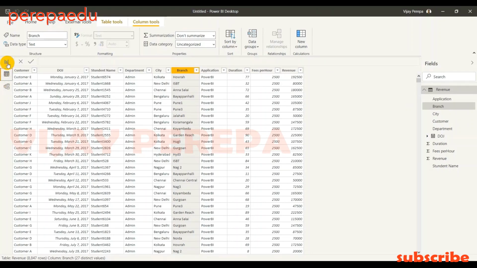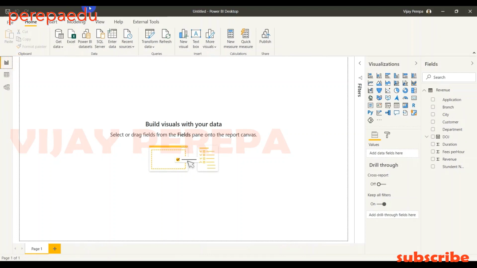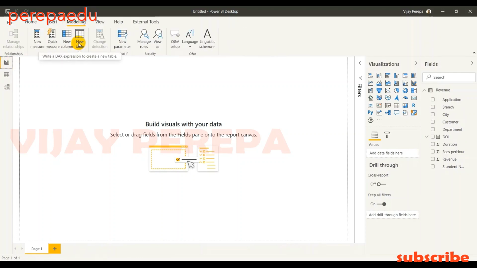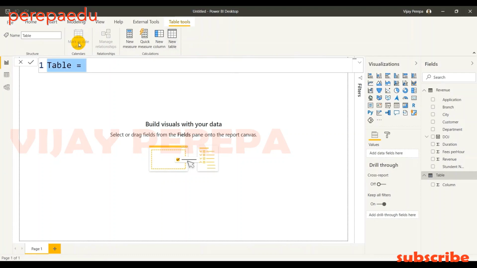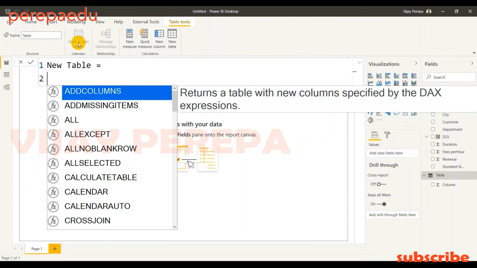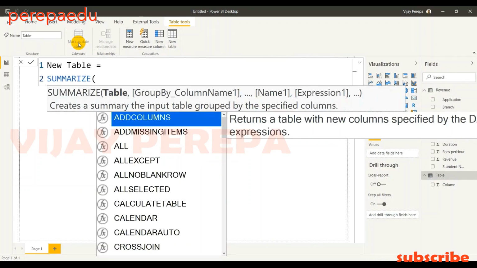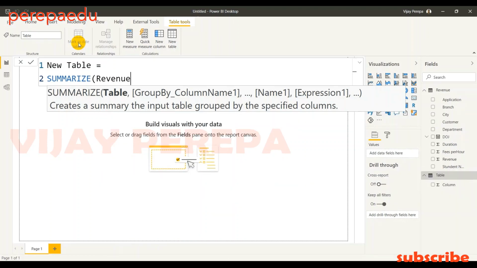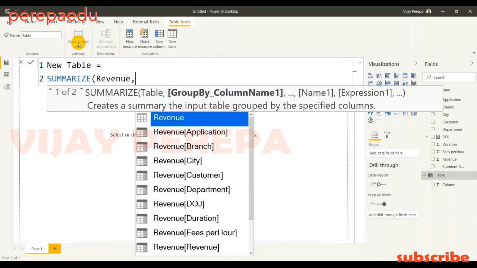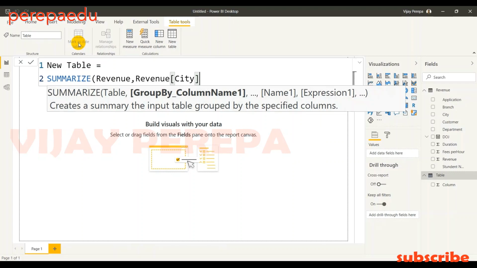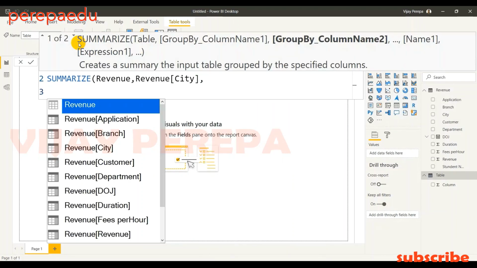For that, go to the report view and then in the modeling tab, select new table, and then the name of the table is new table equals. I'm going to use the summarize function, and the summarize function will ask you where you are grabbing the data from. That is the fact table, that is nothing but revenue, and what columns you want. I want city because I want to see revenue by city, and then I want the column revenue summarized.